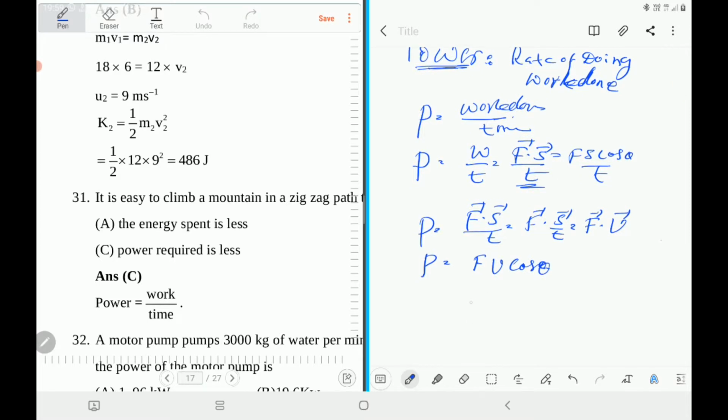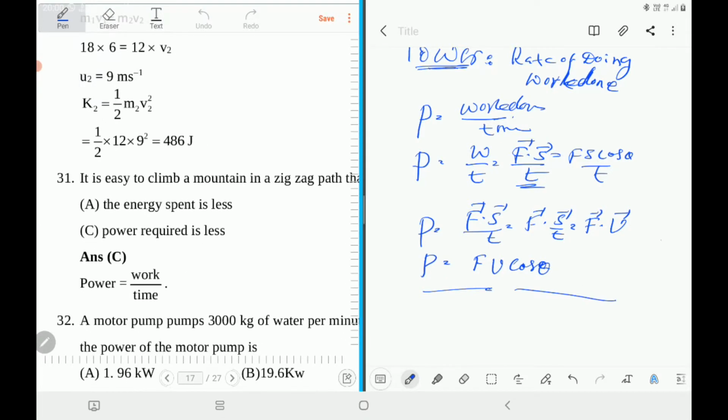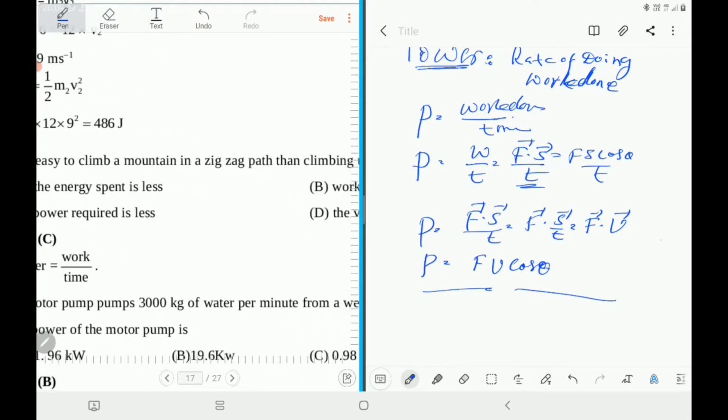Now we'll see some important applications, some 2-3 examples, where we use this power along with energy. Energy we'll see next. Let's read the first problem in this direction, that is 31. It is easy to climb